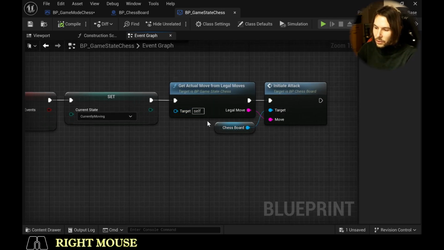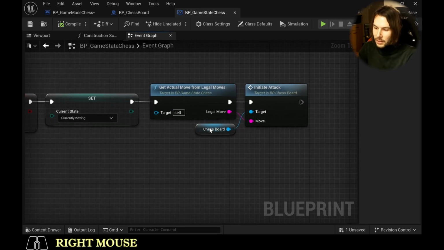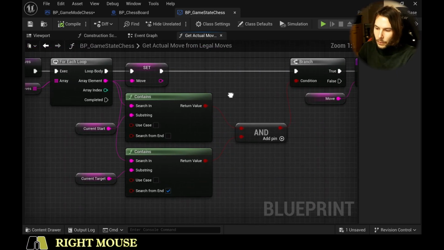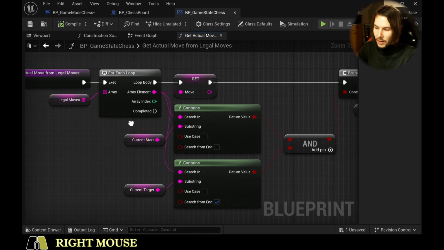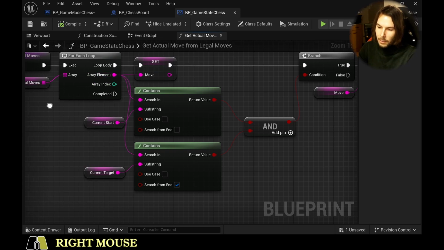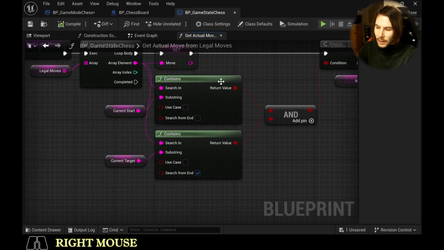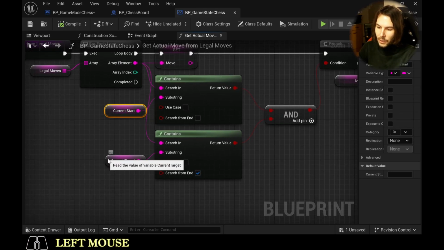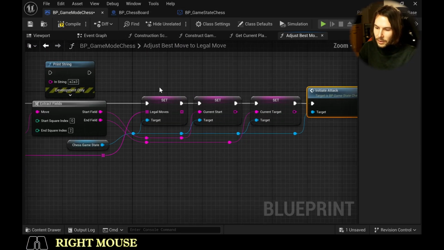Then we get our actual move from legal moves. So what does that do? We just get our legal moves and search for the move in here. So if this move, which is the array element we're currently iterating over, contains our current start and current target, and you have to remember we already said that here, right in our game state,